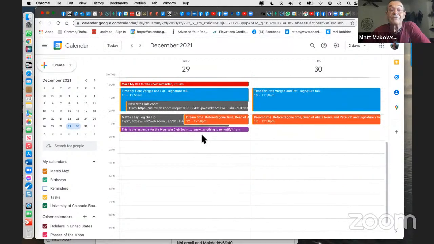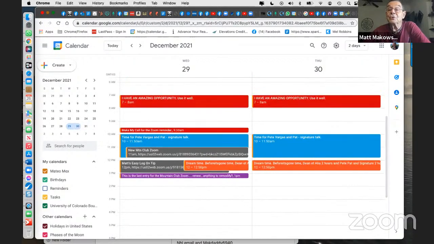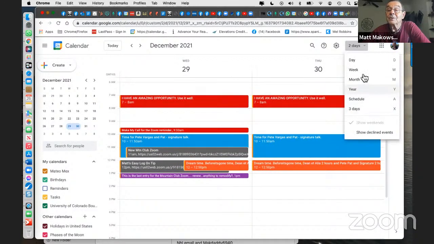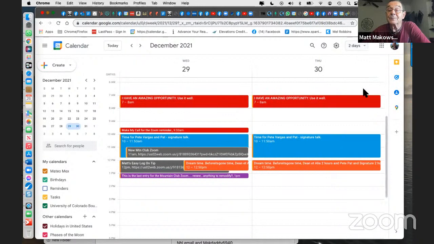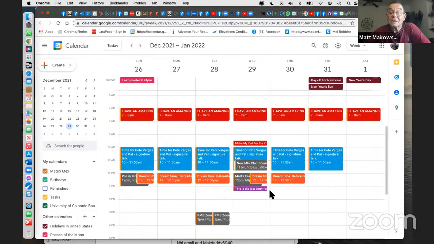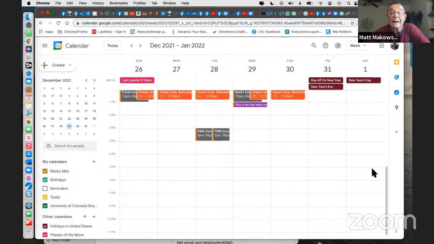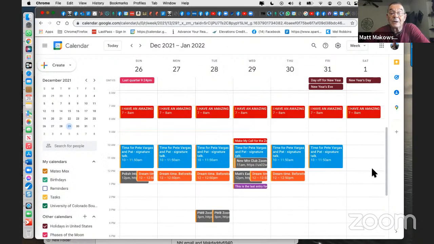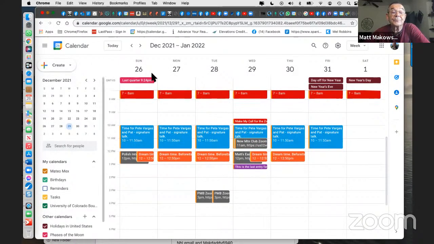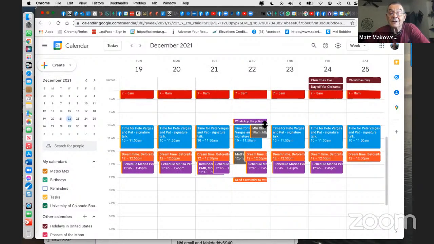And you can see if I were to show you the view, which is, this is just 2 days. If I were to show you my weekly, okay, you can see how easy it is. Because I use black, I know exactly when my zooms are, right? So if I go back, there are some zooms. If I go back some more,